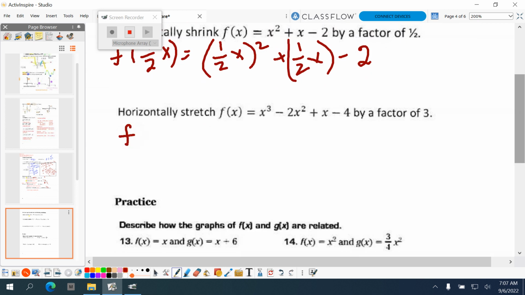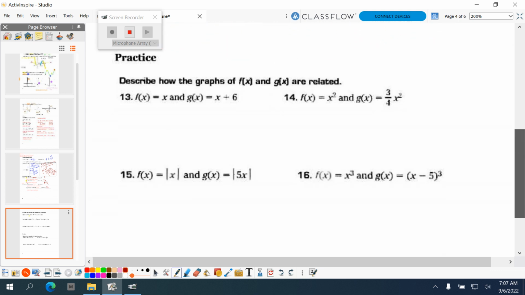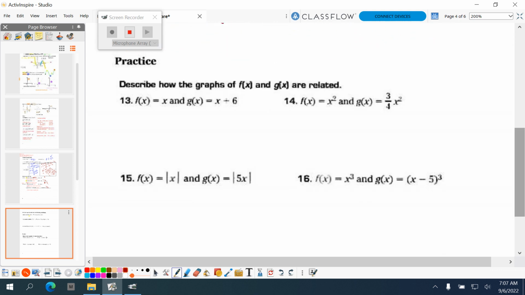F of 3x equals 3x cubed, and it's inside. Inside, you have to be careful there, not outside, because it's not the whole function, minus 2 times, and I appreciate doing it this way when you're writing out the actual function, because otherwise you would easily make mistakes. All right. The practice, we're going to do a little quiz with that, but when you're doing it, keep this